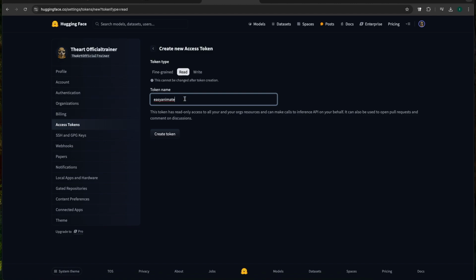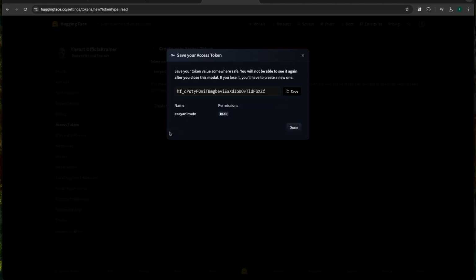I'm going to delete this token right after I do the install, so I'm going to show you the actual token, but in real life you should never share the token with anyone ever. So let's create it. Here is my token,